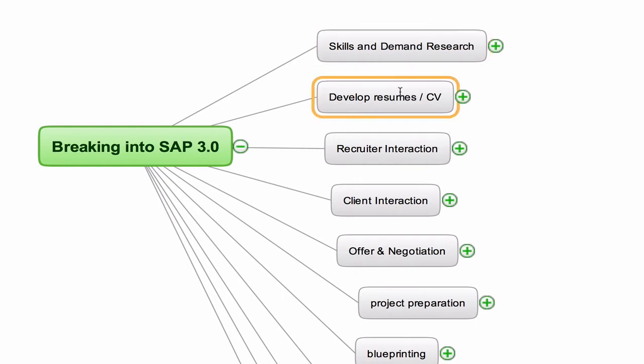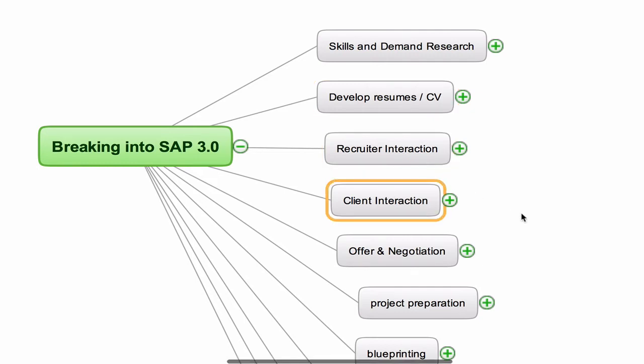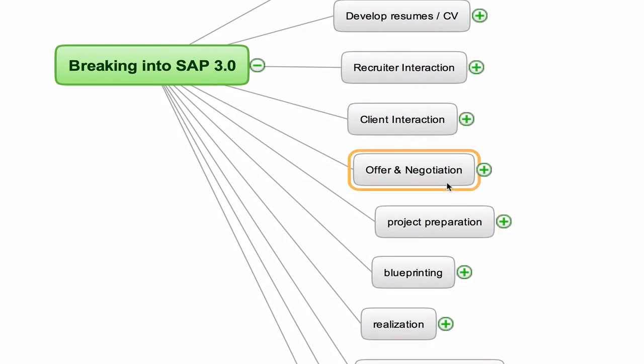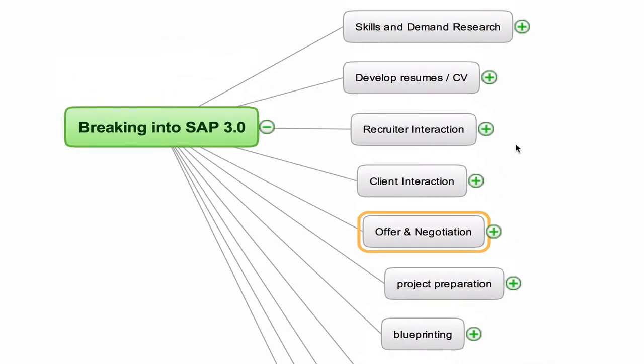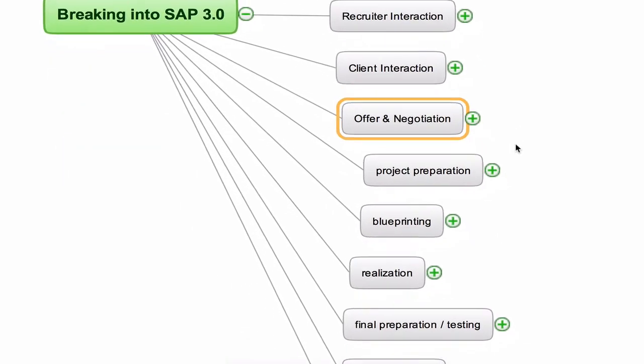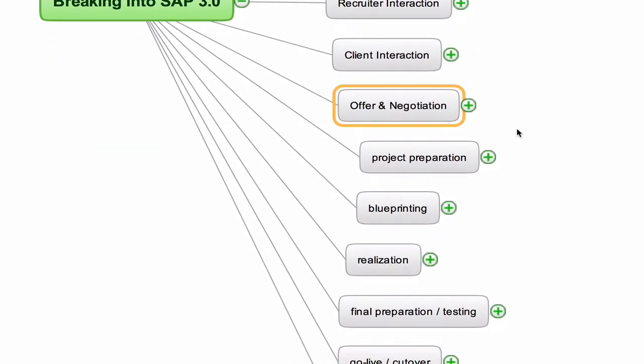Then we talk about how to build a CV, what I call a recruiter magnet, to attract attention. You should be getting 2 to 3 phone calls a day and between 5 and 10 email inquiries a day, asking you to come join our project. And if you're not getting that, you're missing something. I teach my students how to interact with clients in their interviews and how to negotiate the all-important contract or salary or whatever it is they want. And again, it's step by step, and it's important that you start at the beginning and then move stepwise. The other thing to highlight about SAP training is